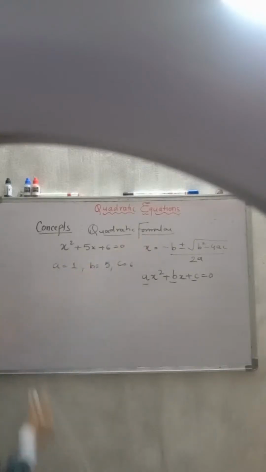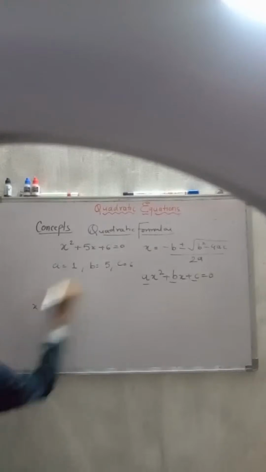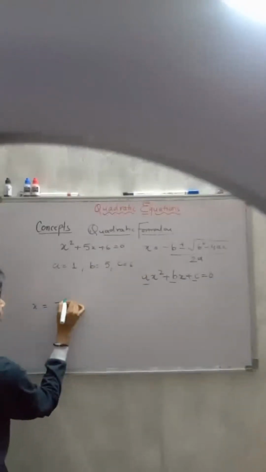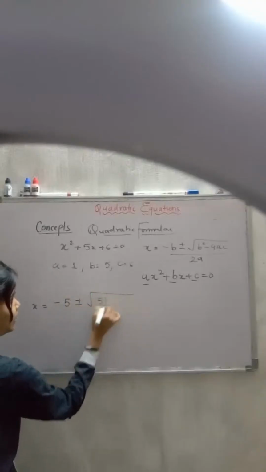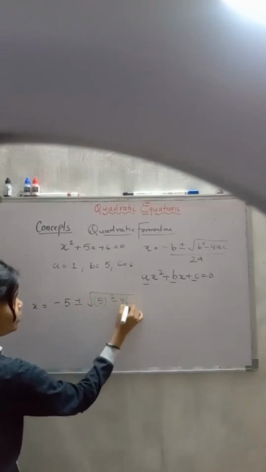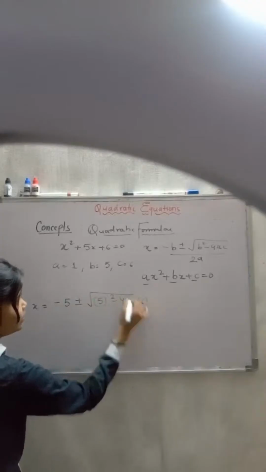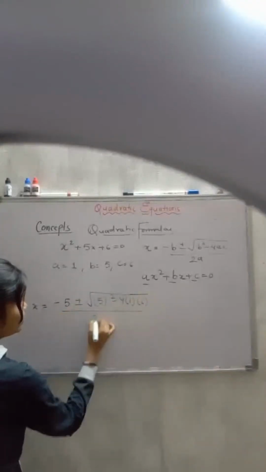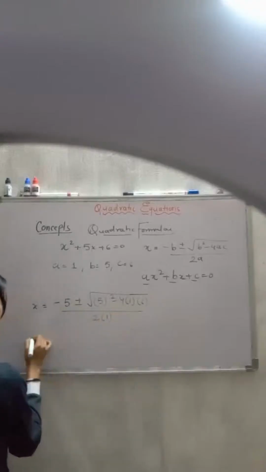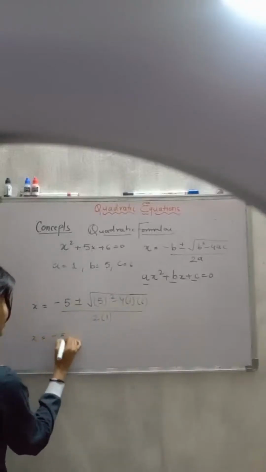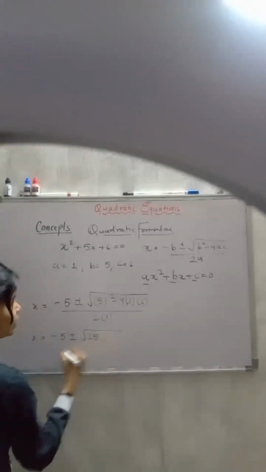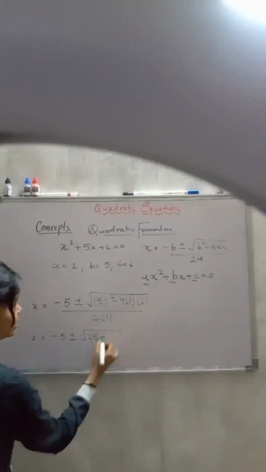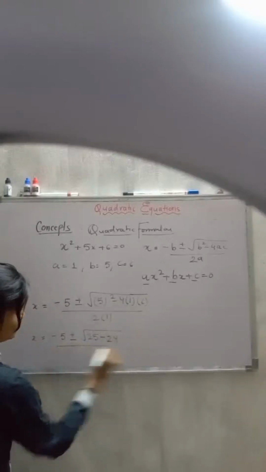Substitute the value in this and get the answer. Minus b plus minus under root of b square minus 4ac by twice of a. So we will get minus 5 plus minus under root of 5 square 25 minus 4 6s are 24 by